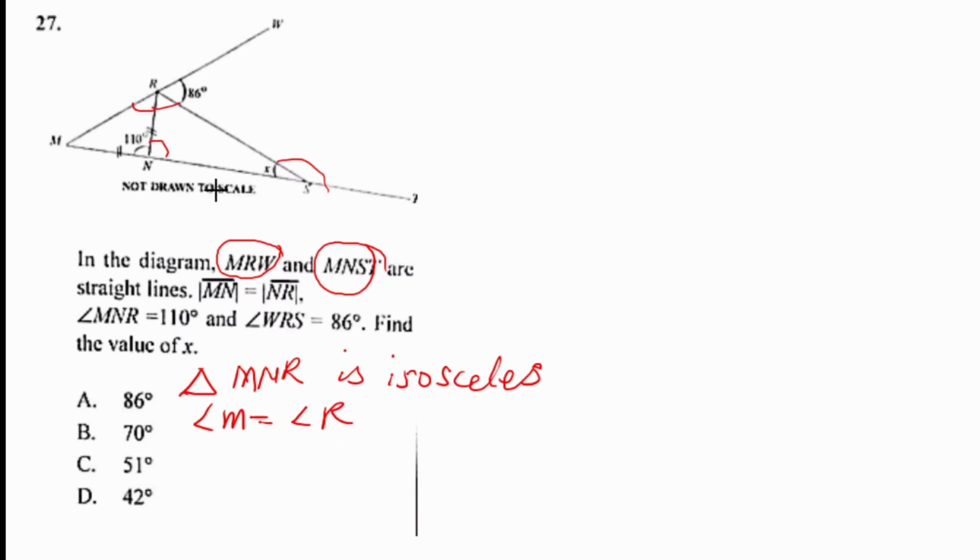So we need to know these two angles for us to be able to find the third one, or even at least this one. Even if you don't know the two, at least this one we need to know, so that we use the exterior angle theorem to find this one together with the 110 degrees. So by getting this one, we need to know this, which is easier to find because this triangle is an isosceles triangle. So assuming that this angle here, we decide to call it theta,